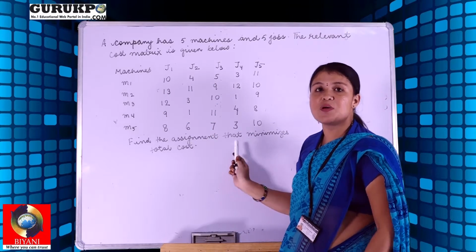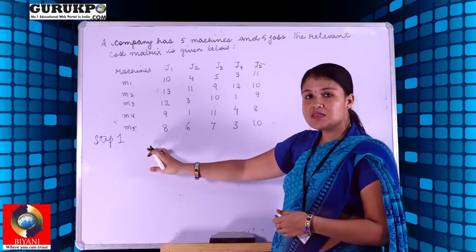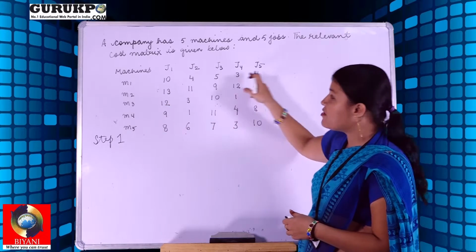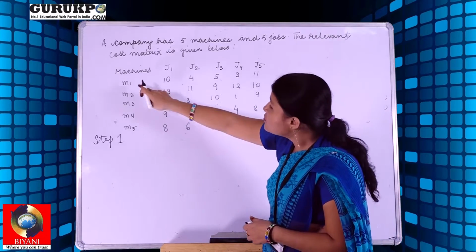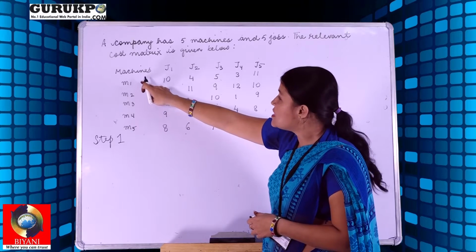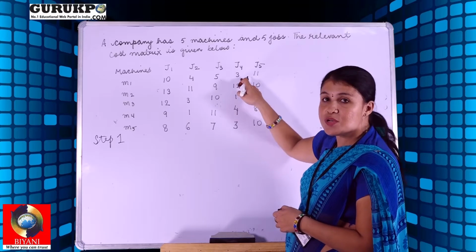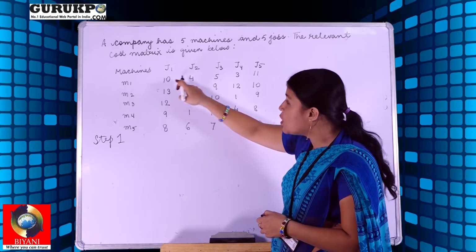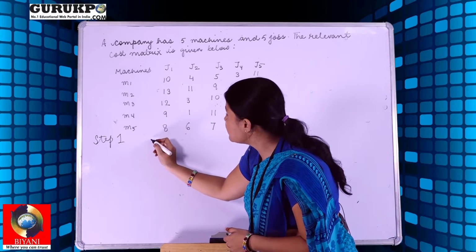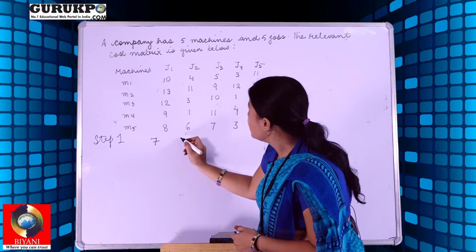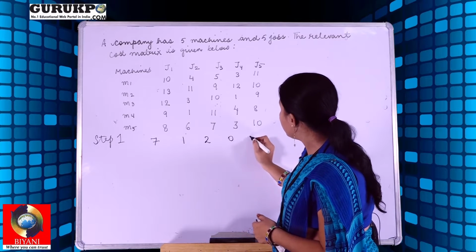Now the steps which we are going to follow in order to solve the assignment problem. Step 1 is we have to subtract the least entry of each row from each element of the row. Let us have a look at the first row, M1. The least entry in the M1 row is 3. We are going to subtract 3 from all the rest of the elements. After subtracting 3, we get 7, 1, 2, 0 and